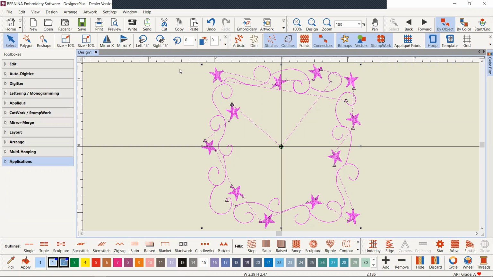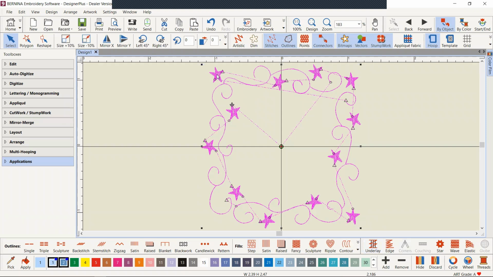Design view is really handy because whenever something is selected, it turns bright pink. So right now I know that these stars, this whole design, is selected. If I take my mouse and I left click anywhere off of the design, it is no longer pink, it is now deselected. I don't have anything selected that I can see. So I'm going to go back and I'm going to click on the design, a single click,